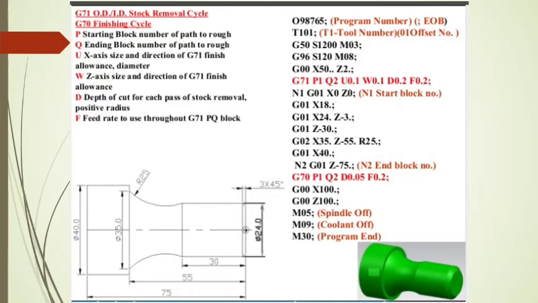As you know, such complicated operations are carried out in multiple steps. For each step, the depth is specified by letter D, and F indicates the feed rate at the time of material removal operation. So this is the feed rate. Here G71 is specified with the help of P1, Q2, U0.1, W0.1, D0.2 and F0.2. Here it means the CANT cycle will start at line number 1. So this is line number 1 and it will end at line number 2. And here is line number 2.